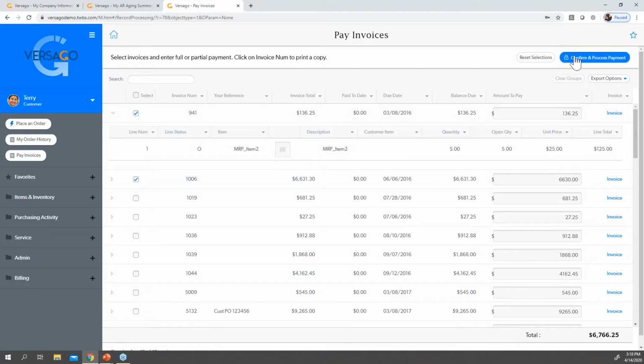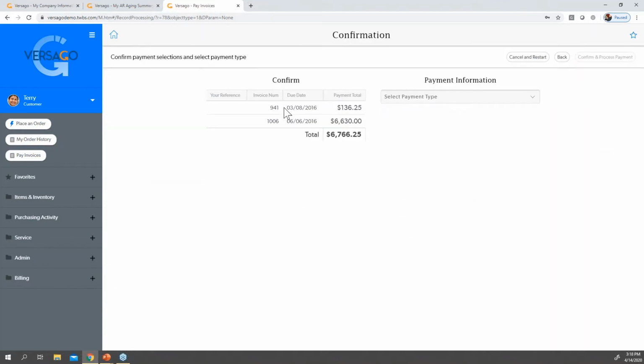Now here, if I click the confirm and process payment, this is going to do our incoming payment in SAP Business One, so it's going to do some of that reconciliation work for us. If there was a short payment here, we could have a link to a secondary form where they could enter in the reason why they're short paying, so that the accounts receivable department could start investigating the short payment or the credit request.